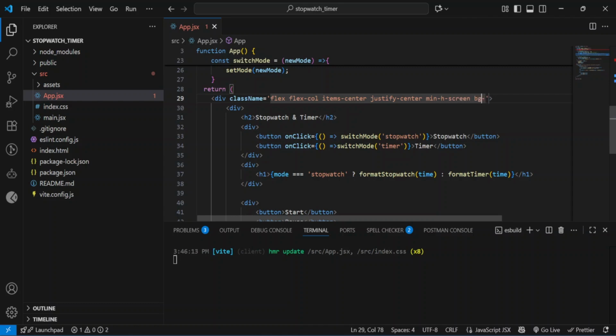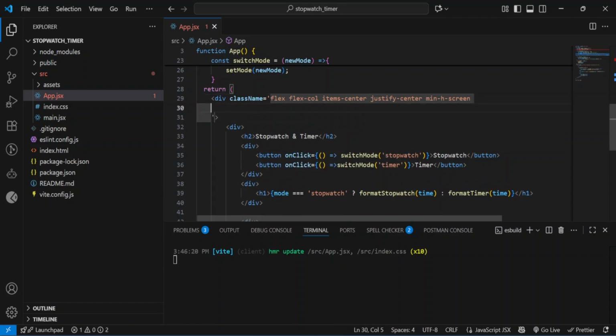Then bg, instead of being one large line, I can break that like this, and we are going to add bg-gradient,